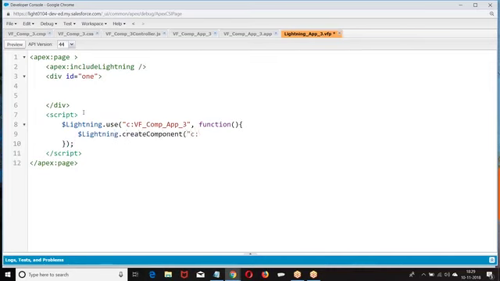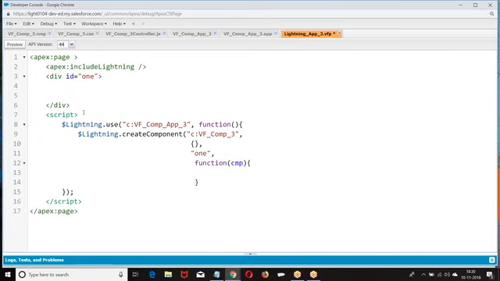Name of the component. Now, do you want to pass any parameters? It's your choice. I don't want to pass any parameters, so I'm giving a blank. Where do you want to display? In the element whose ID is 1. And the callback action function takes the new component we created.